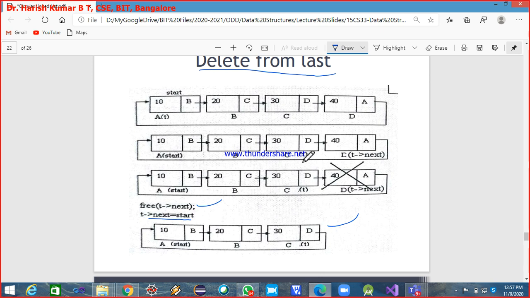But you should not take the pointer all the way to the last node. The temporary pointer we are taking should not be made to point to the last node. Instead, it should be made to point to the last but one node. So the while loop you write should make the temporary pointer t stop at the last but one node. Any doubts in the diagram which I showed and explained to you now? No, sir. Okay.